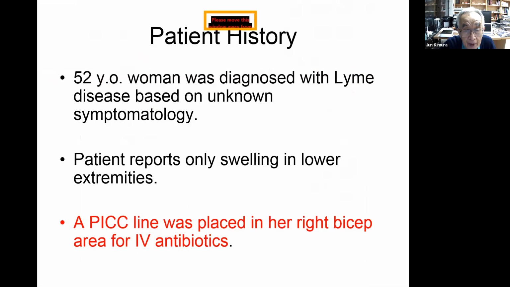She came in with a swelling in the lower limb, and somebody put a PICC line in the right biceps area for IV antibiotics. You know what a PICC line is? Peripherally inserted central catheter, all right? And that was placed in her right biceps. If you place anything near the biceps, it's always a big problem because there is a nerve there which is very